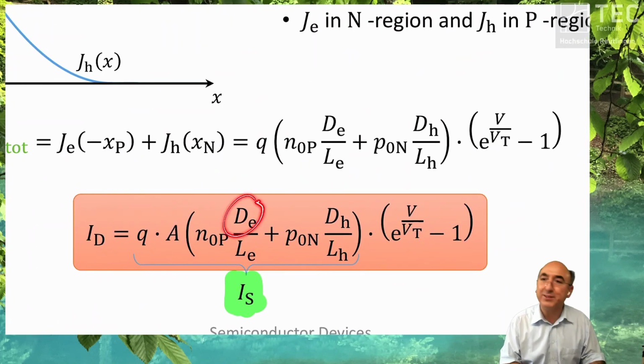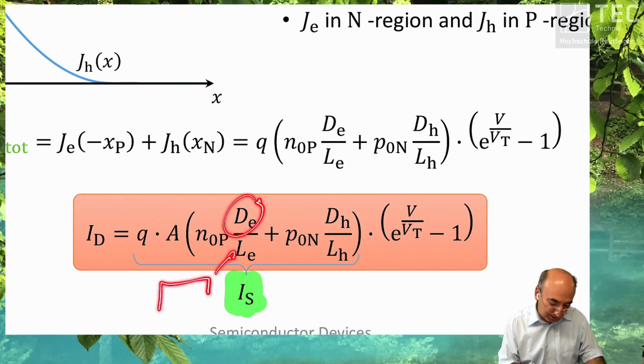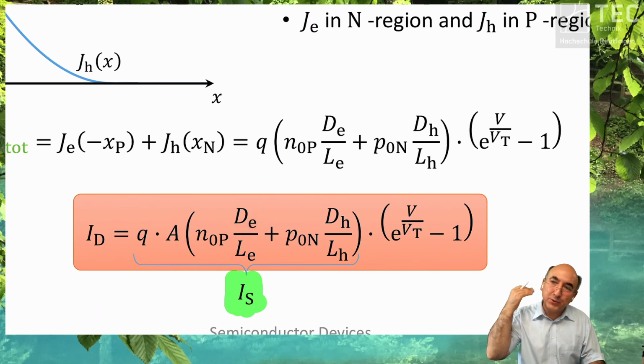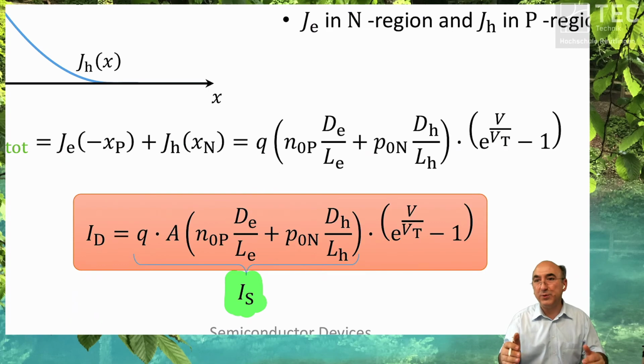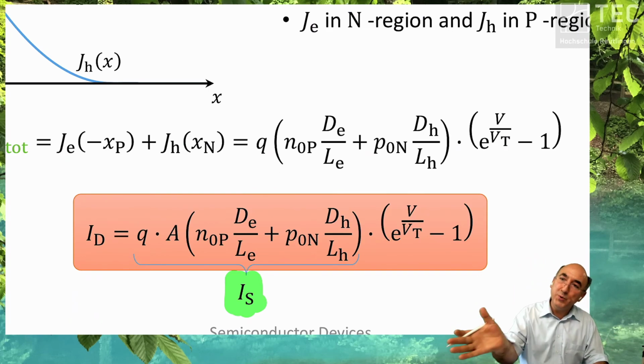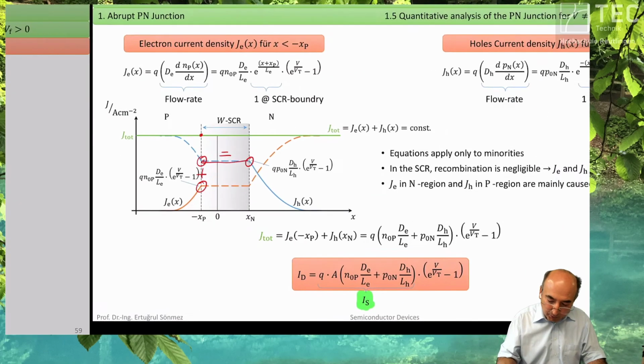Reducing the diffusion coefficient doesn't work, because here you have it under the square root. It also counteracts in the understanding of the diffusion coefficient, because it's the mobility times whatever. So you have to increase the mobility so they can move faster and increase the current. Okay, so these are